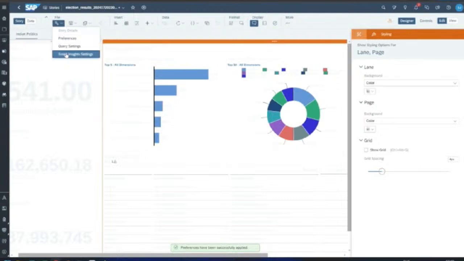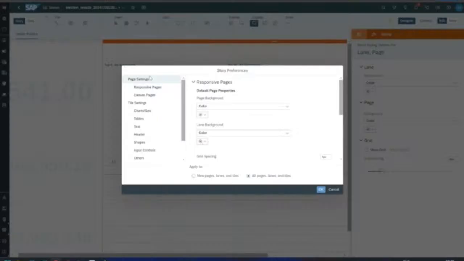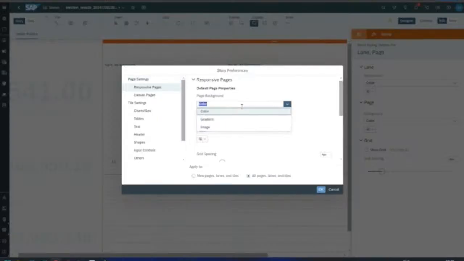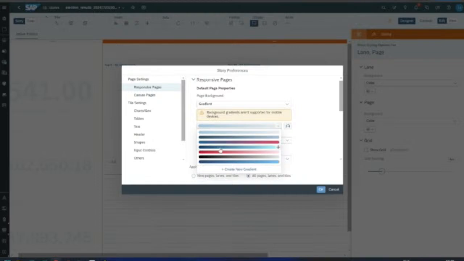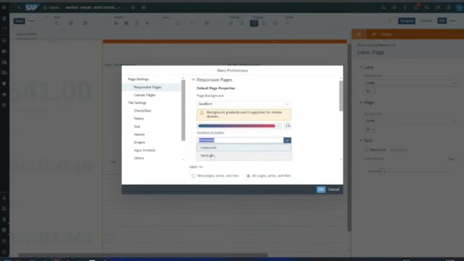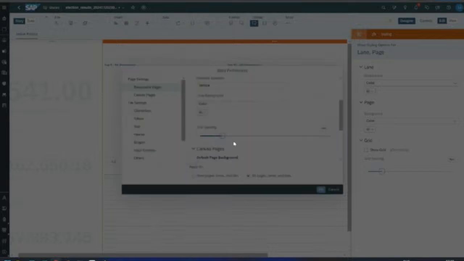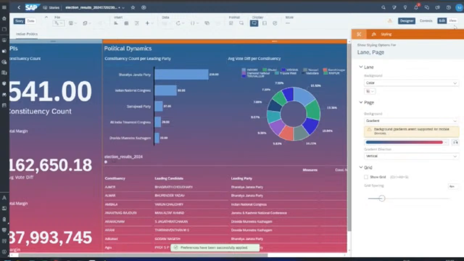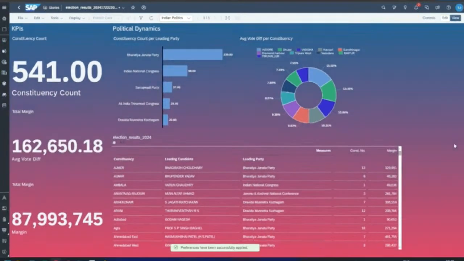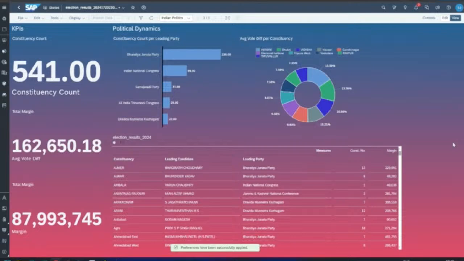And of course, let me also go back to preferences again and change the page colors to gradient with the dark color scheme with vertical. Yeah, and you can add grid spacing and stuff like that. So I apply that now, and voila, look at how beautiful our dashboard looks. So within like 10-20 minutes, if we can design such an amazing dashboard, at the end of this 40-hour training, you can think about what you can do for your company.